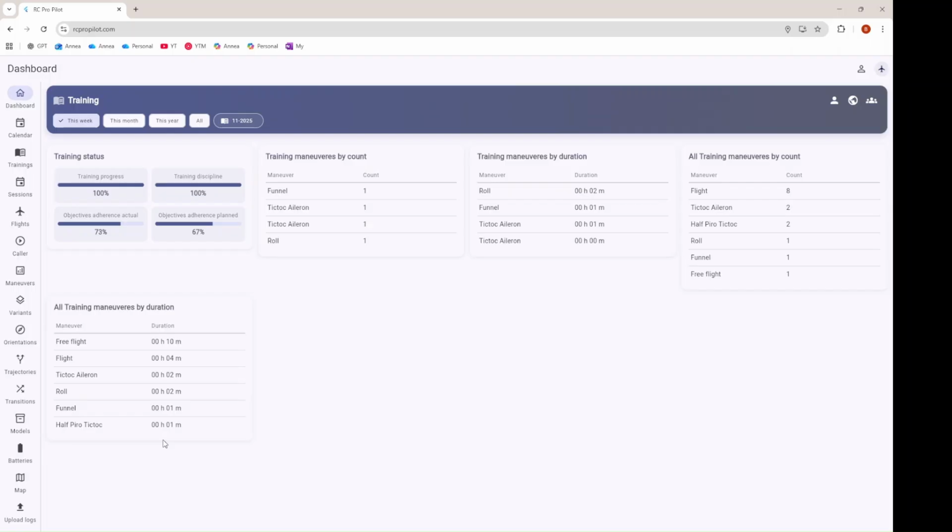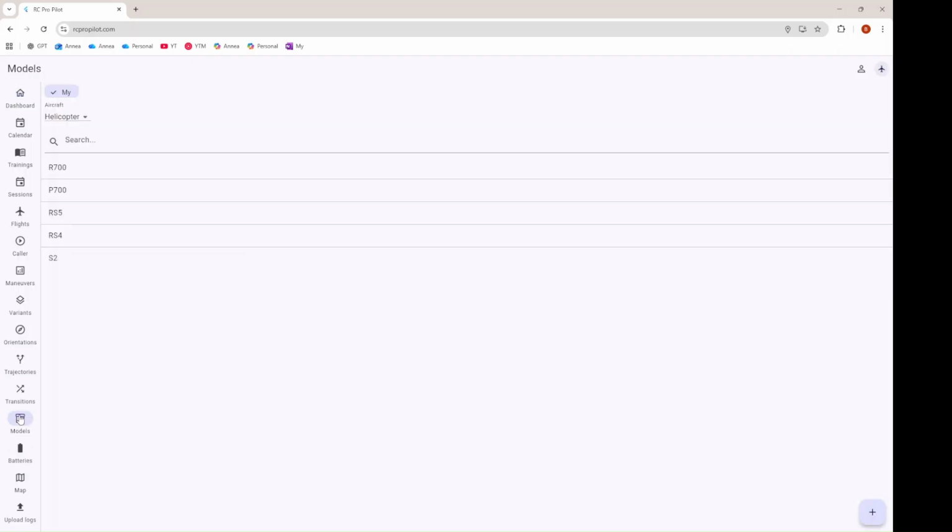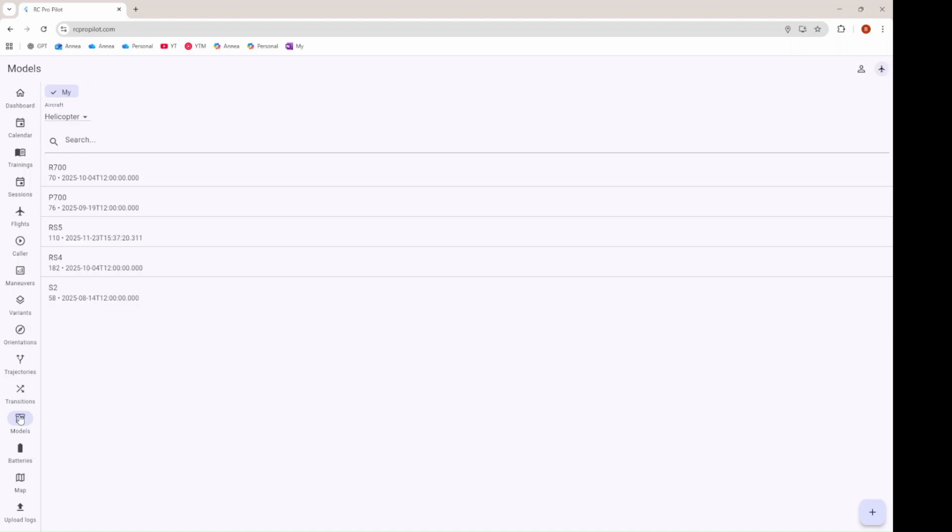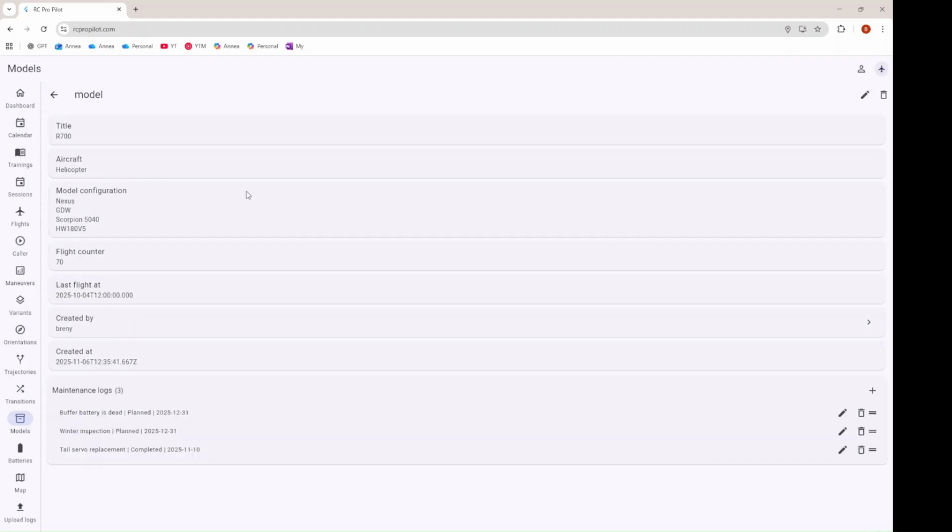Now, the very last feature available with the tool is the definition of the models and the batteries. So when I click the models, I get all my models. I can add another model. So let's say this is my Sub RAW 700. I have some basic data like model configuration, a number of flights. When I'm using the model in the definition of a flight, it increases the flight count automatically. I see my last flight when it was,